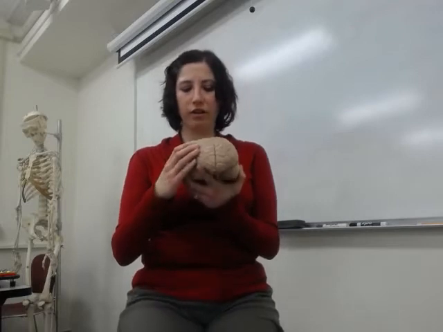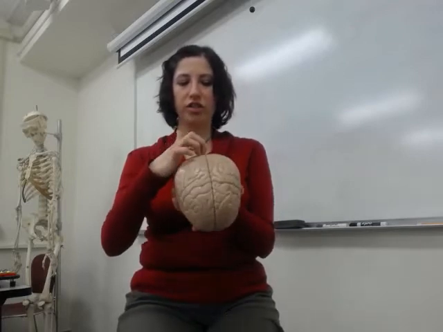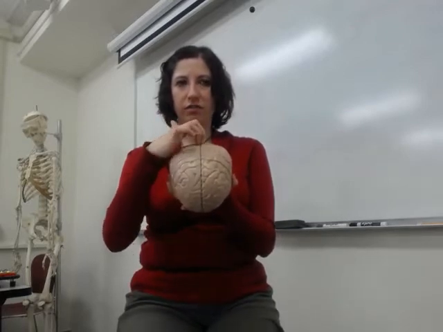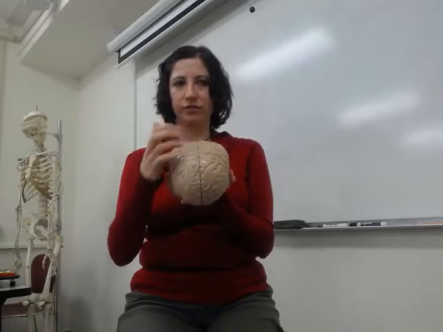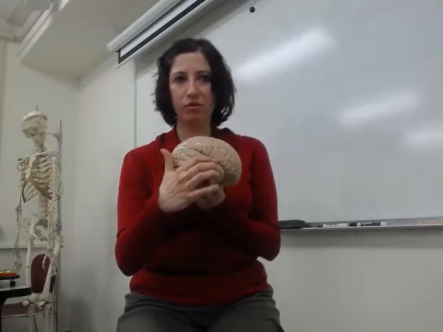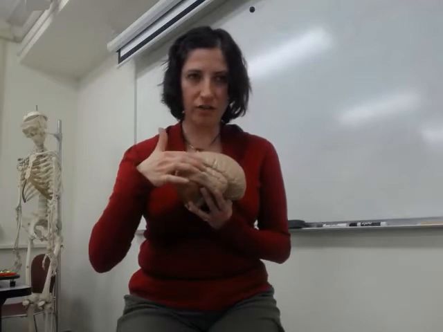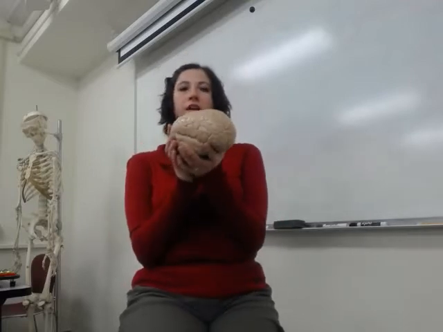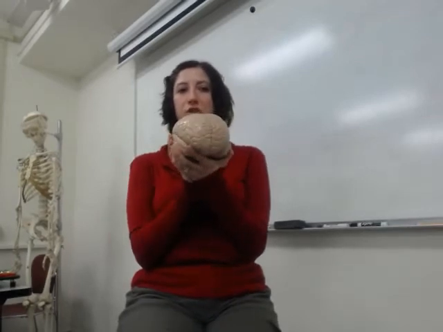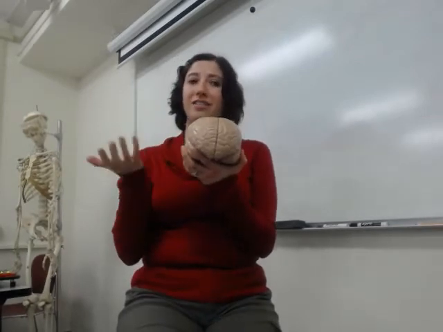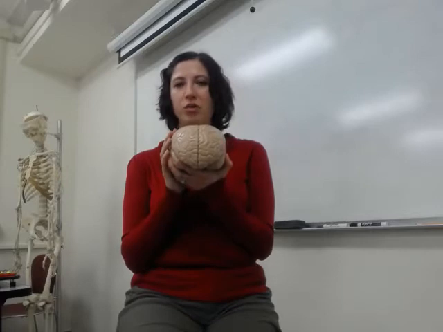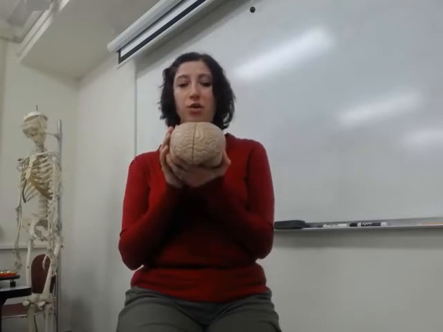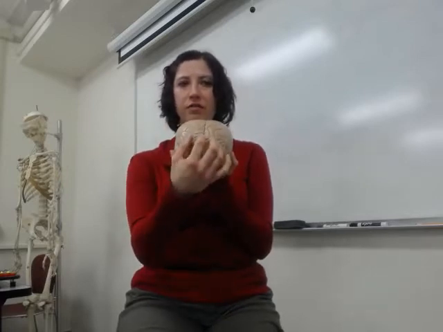We have our longitudinal fissure here, this dip here. We have another deep one over here, which is our lateral sulcus. The cerebrum can be broken up into lobes, and quite nicely, the names of the lobes correspond with the cranial bones. So we have our frontal lobe,